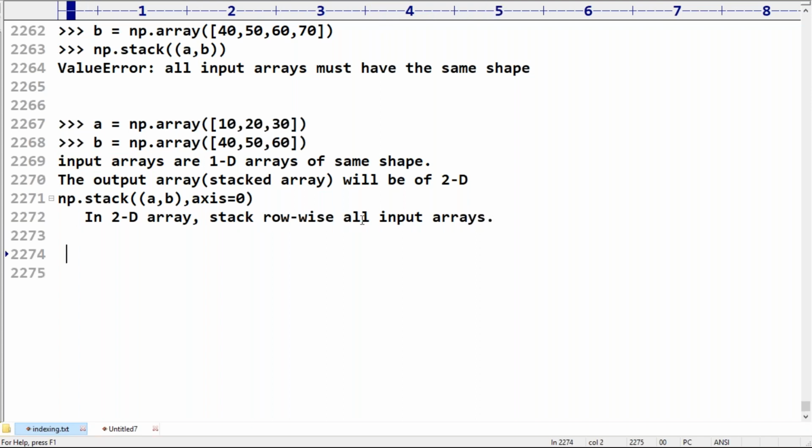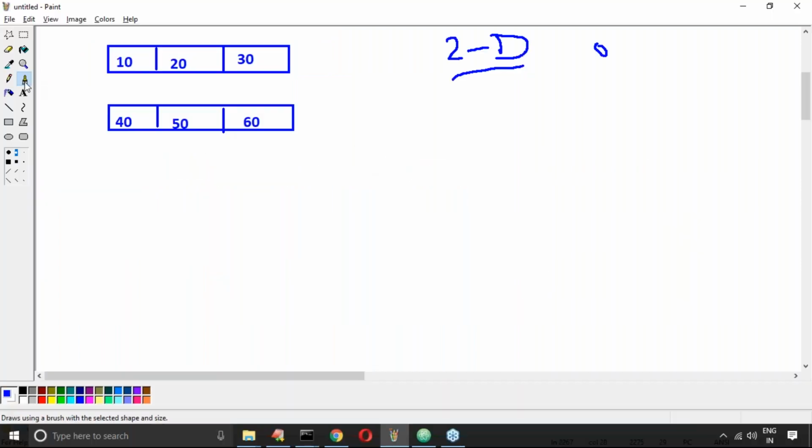Have you observed? Now, row wise I have to stack means first 10, 20, 30. First thing completed, with the first array. I took this, sir, as the first row, the first stack. And then the second thing I took, now this total thing will become a 2D array. Remember this one, sir, it is the 2D array. So the first one is the first stack, and this one is the second one. Now, can you please place these things one by one? Automatically we are going to get a 2D array by default.